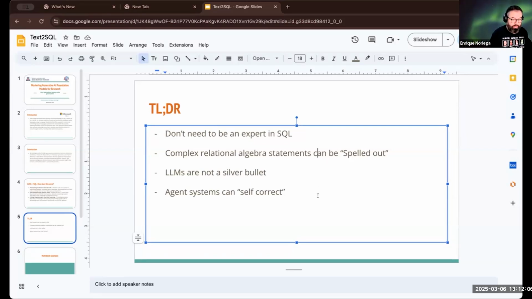This tool is great because it is able to give you complex relational algebra statements. So these are queries that contain joins or multiple joins or inner queries or unions, but they can be spelled out. So you can actually ask it as if you were speaking to another person, and the LLM is going to articulate that request as the SQL statement. However, these are not a silver bullet. You're going to see how there are mistakes, but on the plus side,